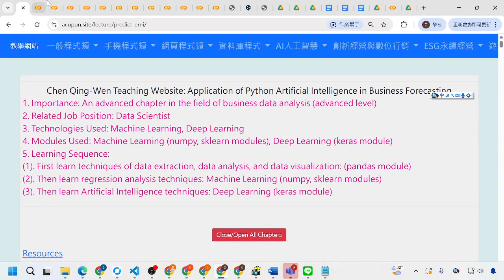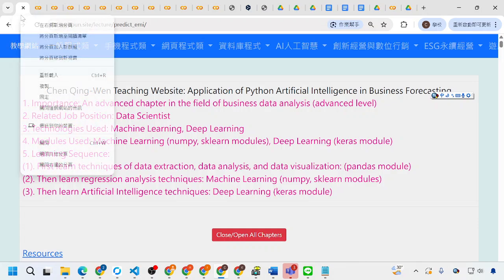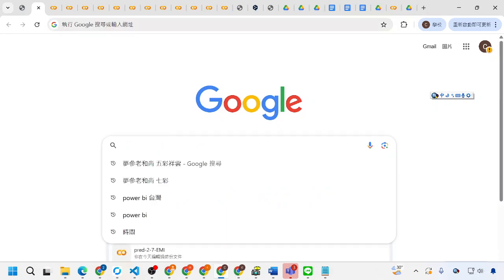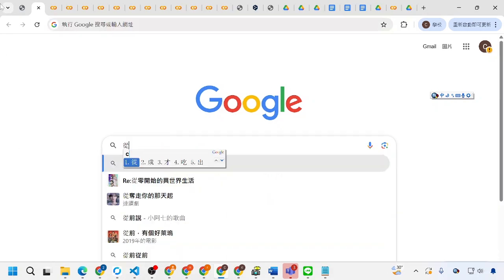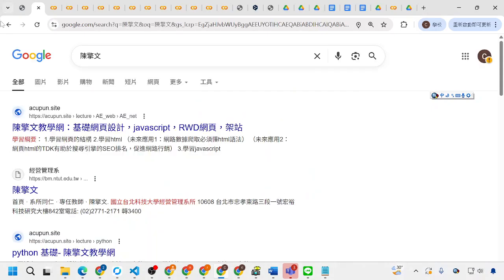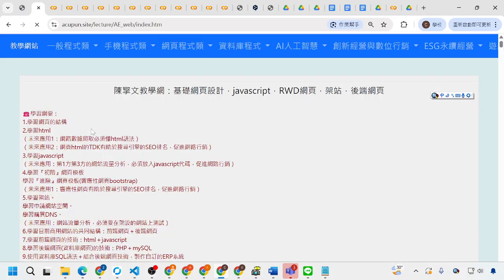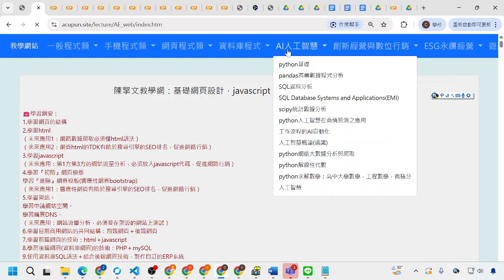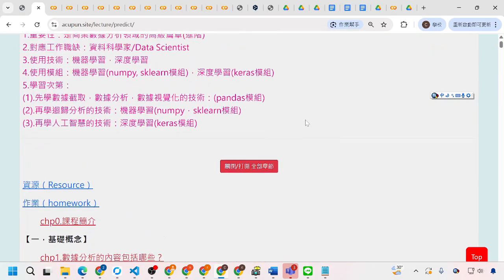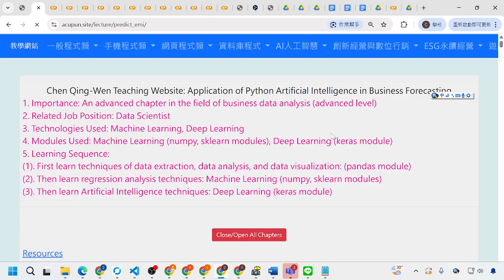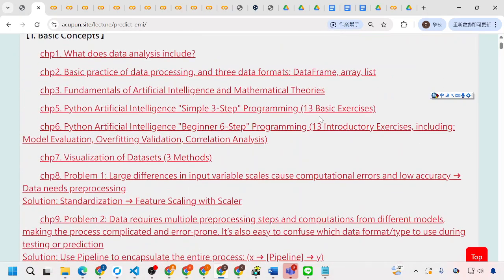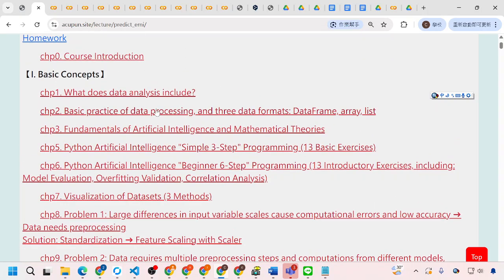Now every student go to the teacher's website. You keep the name of the 陈晴文 and go into the first hyperlink and you select the AI for the Python AI in the business forecasting EMI. Here is our website. Today I want to teach